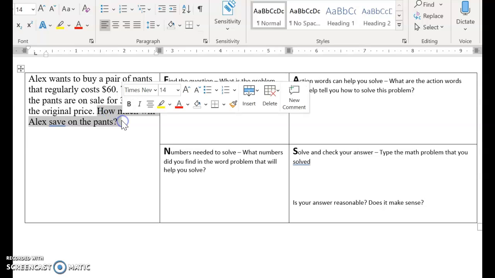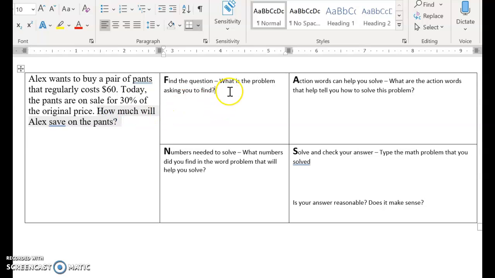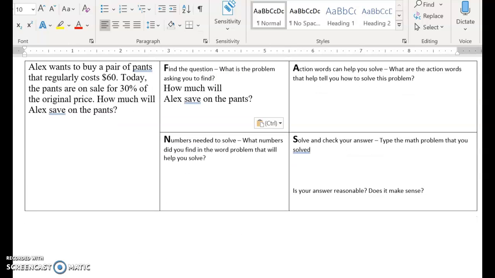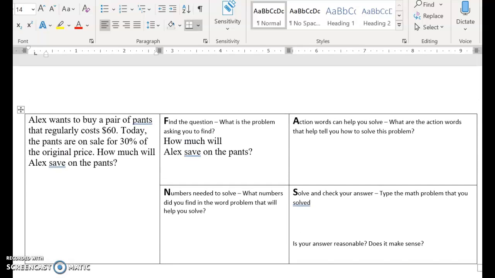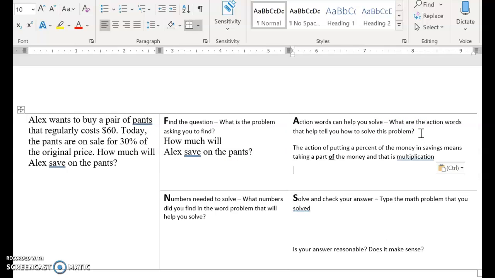That's the problem that's asking you to find. So how much will Alex save on the pants? For the action words, again, actually it does have it here. We say of means multiply. We've talked about of meaning multiply. But the action of putting a percent of the money off the jeans